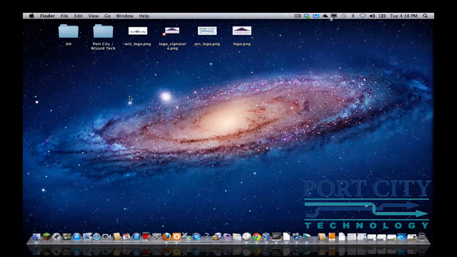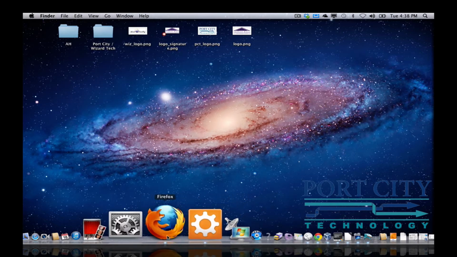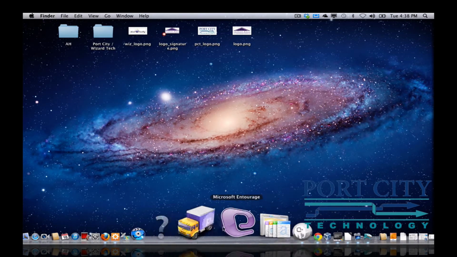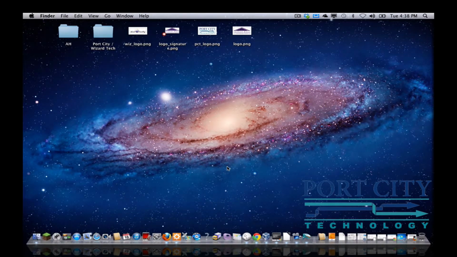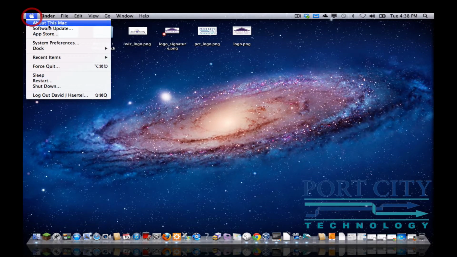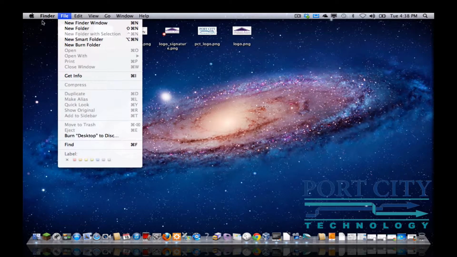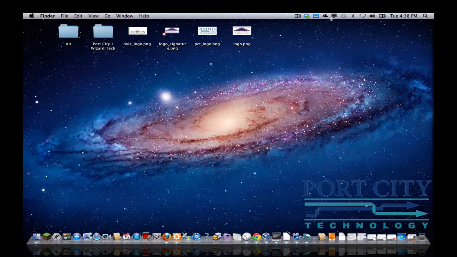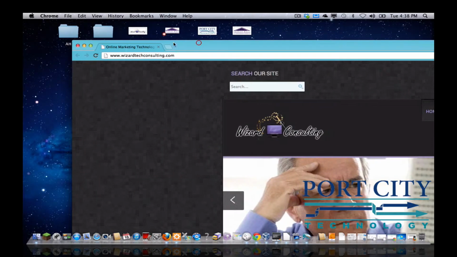Applications are launched from the dock down here, which has a nice little scrolling effect and enlarges the icon you're working with, as opposed to like a start button. Mac does have what they call an Apple button, which has some different features to it as well. But one of the major differences includes this bar up here, which is the navigation. And normally when you open a Windows application, such as Chrome,